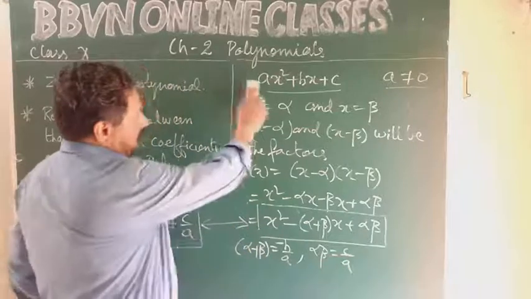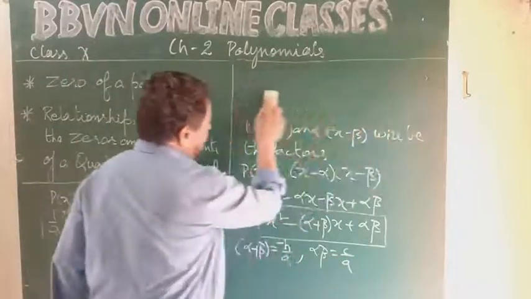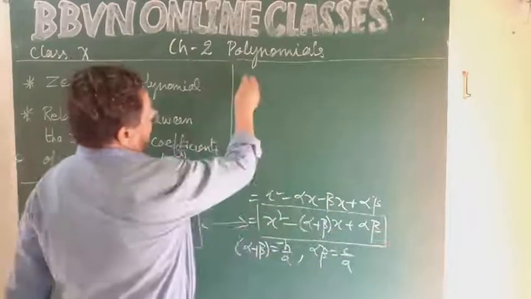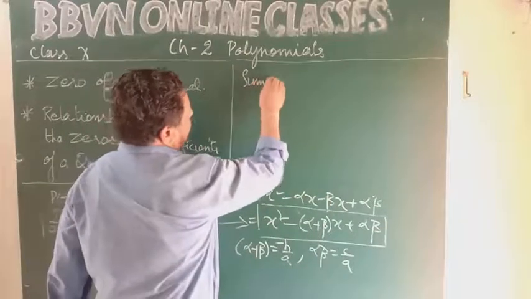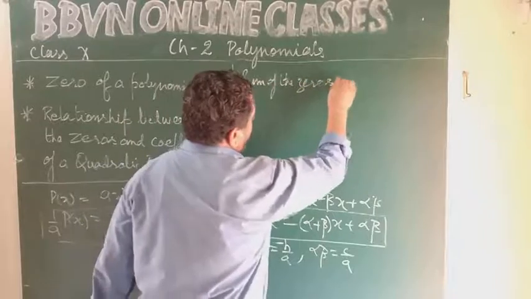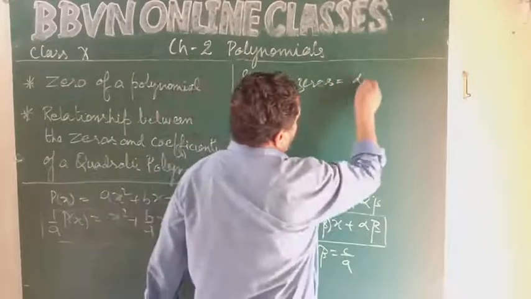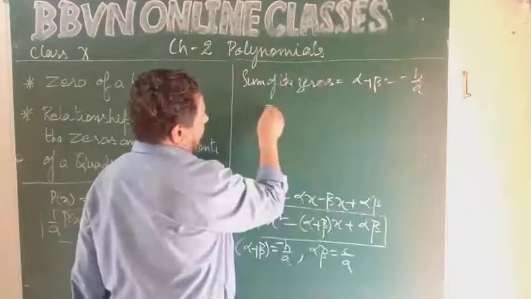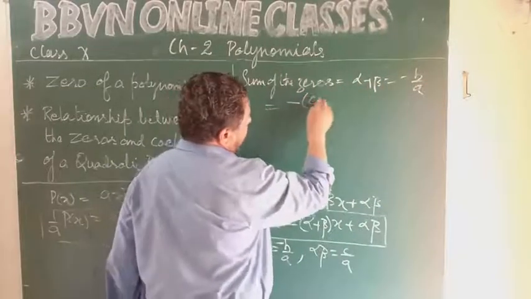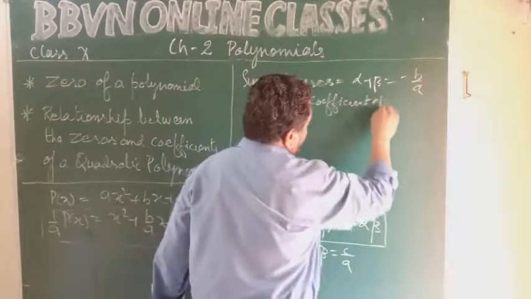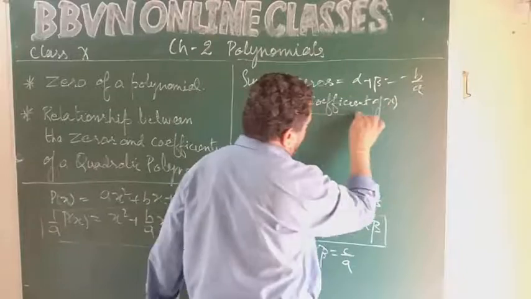So we can conclude this by saying sum of the zeros is equal to alpha plus beta, which is equal to minus b upon a. It means minus of coefficient of x